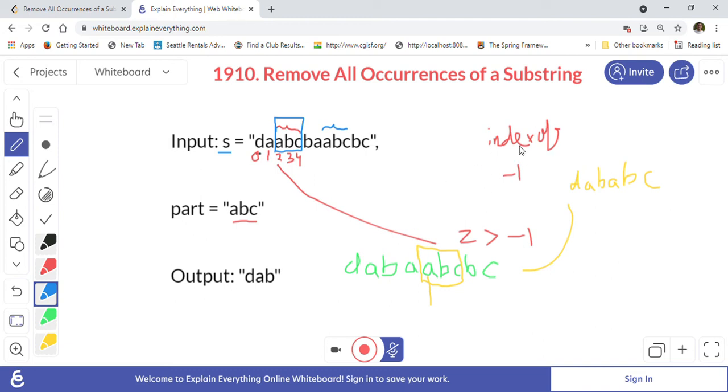So we are in a loop, right? We will keep looking as long as we find an index greater than -1, and we will remove those parts from this string. So when we do index of, next time we find this string here and it gives us the index of this A, so we again remove it from the string, and then what remains is DAB. When we are at DAB, index of will give us -1. So when we get -1, we are done. We will just return this string as our answer, right? DAB. So DAB is the answer that we will return.